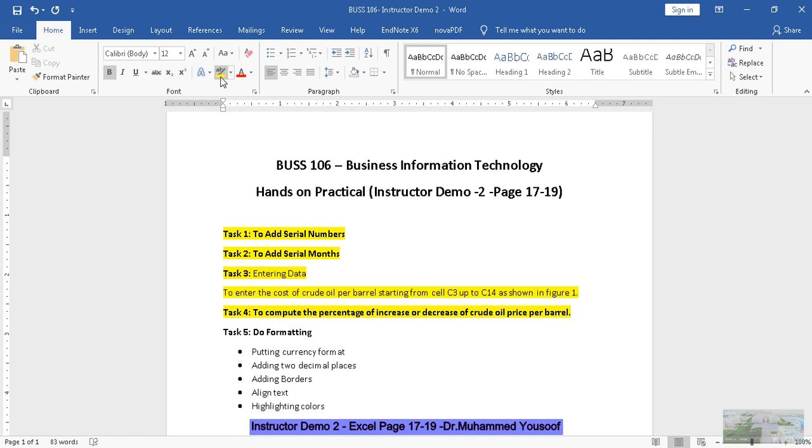Exactly, task 4 we have done in exercise number 4. But since it is an instructor demo, I am just giving you an idea again where to look. For task number 4, please look for the answer in activity number 5, question number 2, or question number 1, I do not know exactly. In activity 5 it is there, so I am sure about it. And you know how to enter the data.